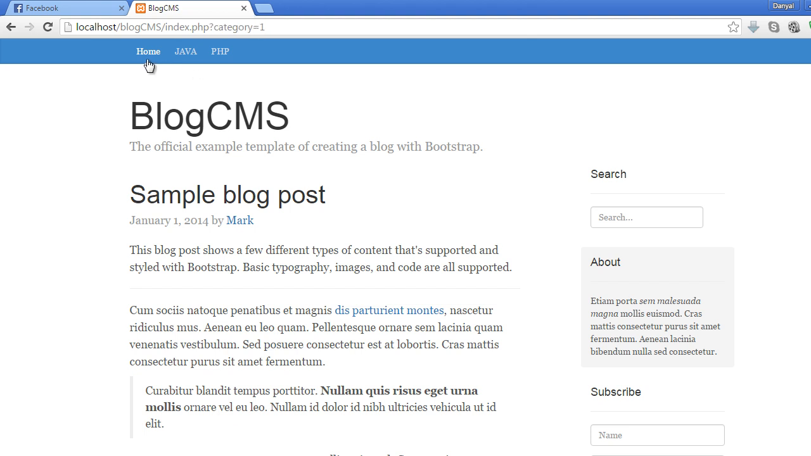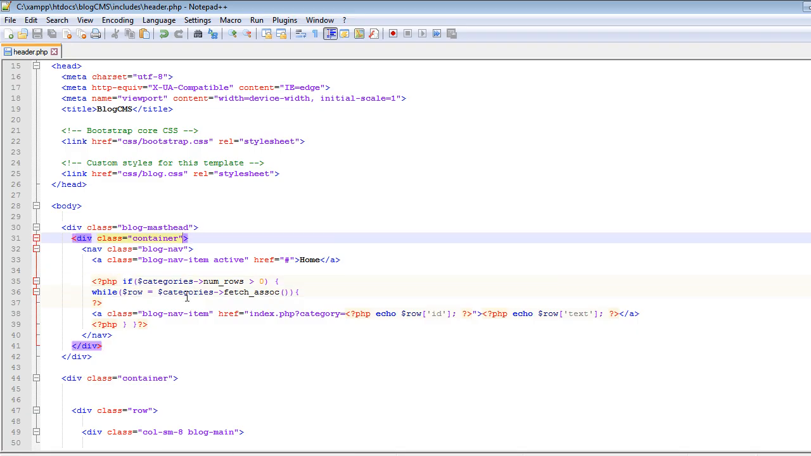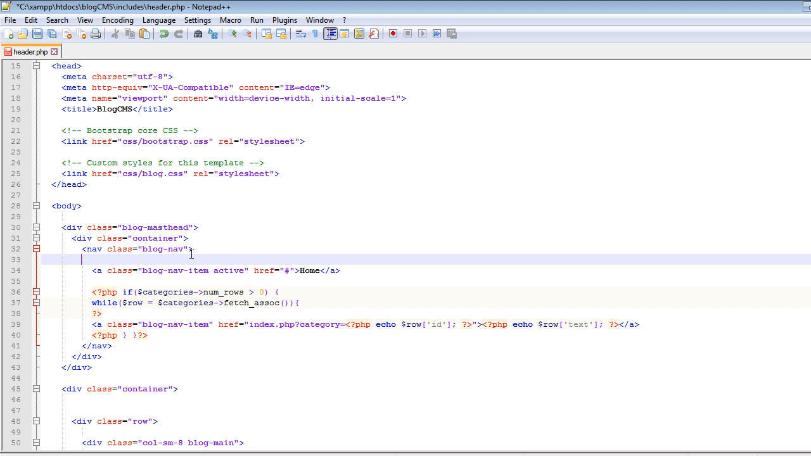So first of all, let's remove the active class from this home link if there is a category in the URL. So let's open Notepad++ again. Let's create an if condition above this line. So let's start a PHP code block, PHP if, and now we will check for the presence of the category URL variable, this one. So if it is present, we don't want to add the active class. So let's check for it. So isset